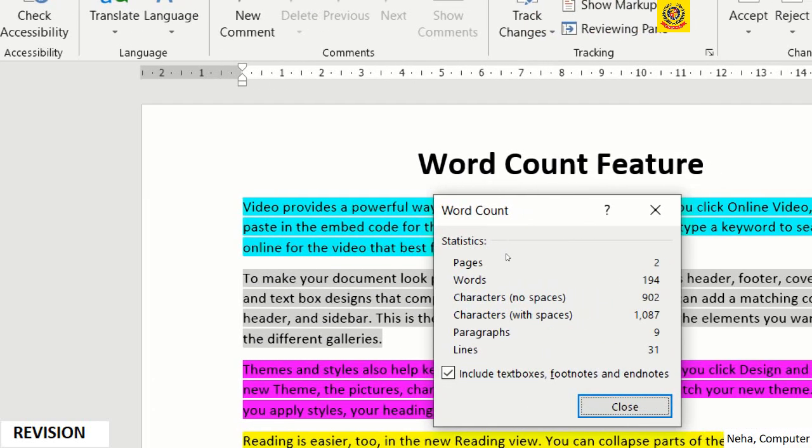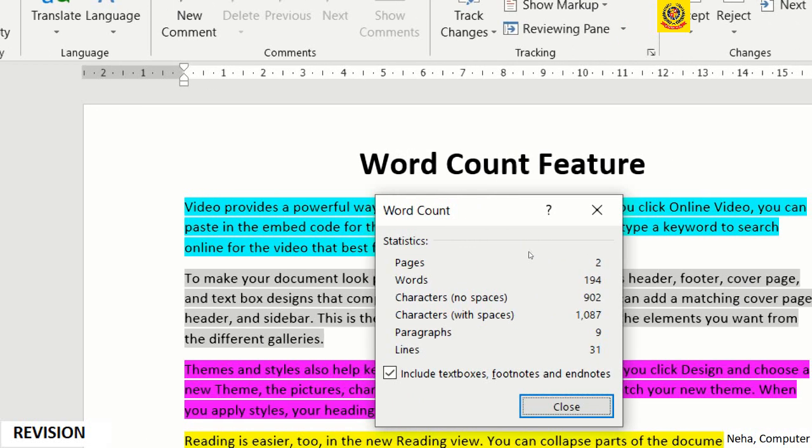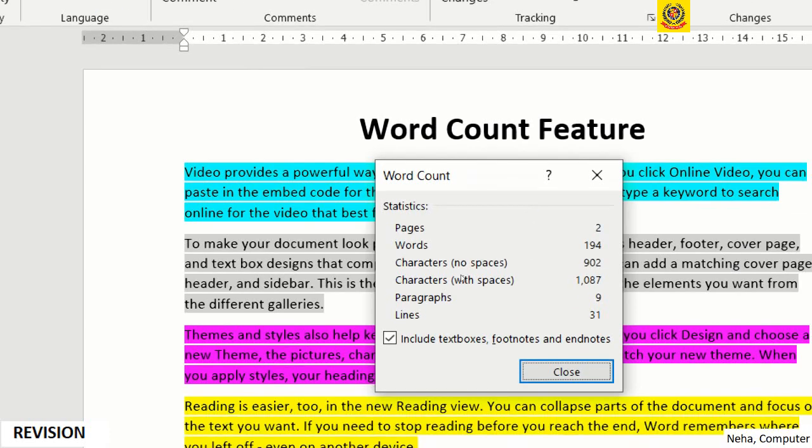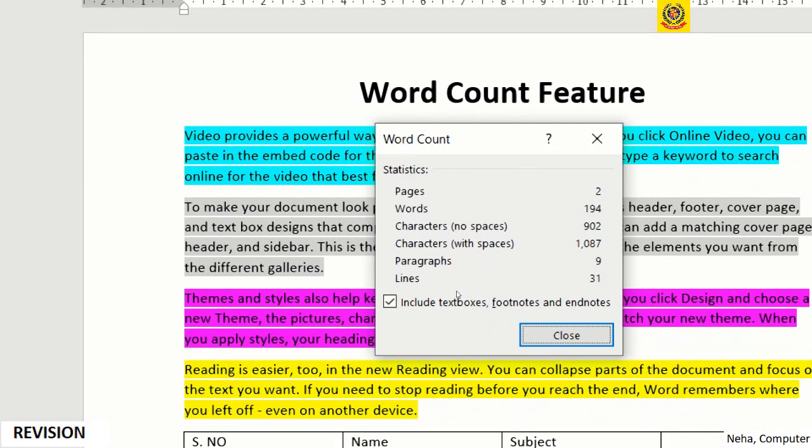As we click, a word count box opens which gives all the details: in this document there are 2 pages, 194 words, and 902 characters without spaces, and if we count with spaces it is around 1087. 9 paragraphs are there and 31 lines are used. So these are all the details of the pages, words, characters, paragraphs and lines used in this particular document.